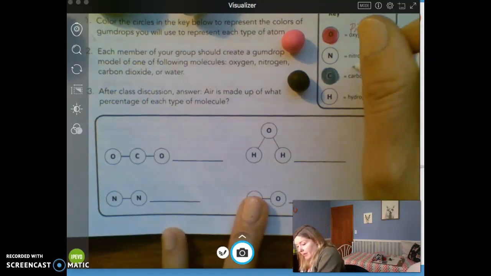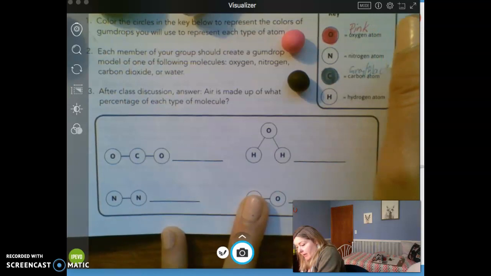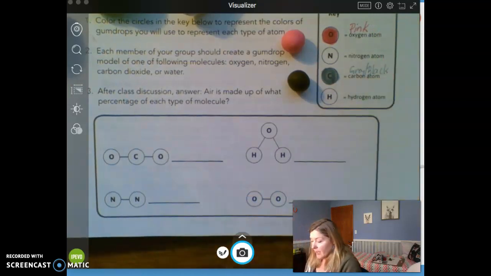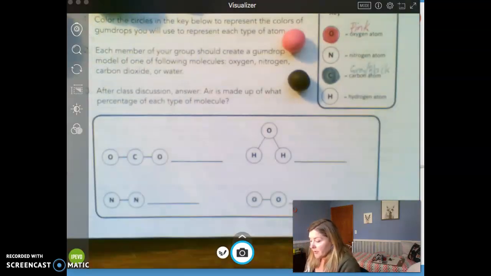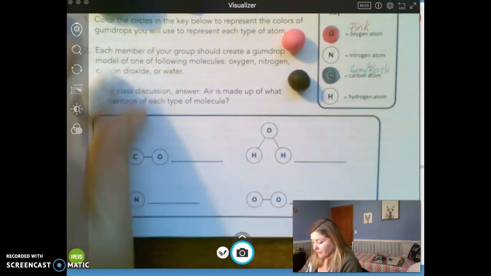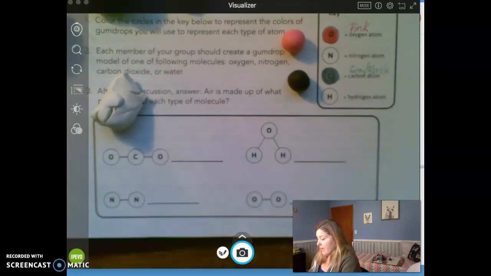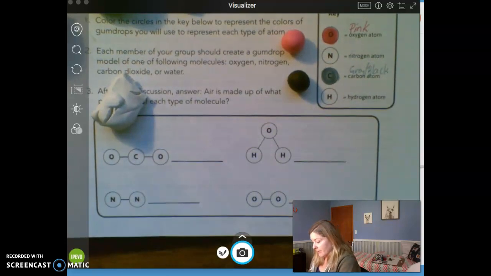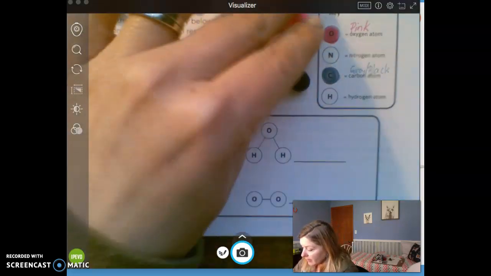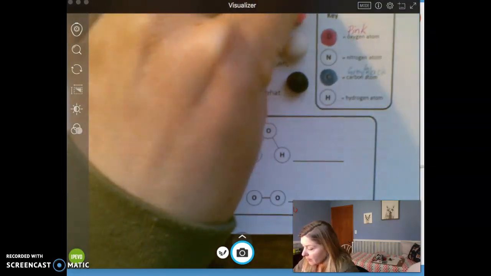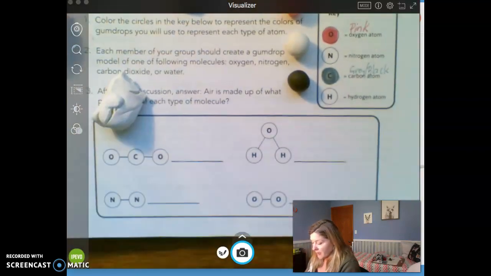Carbon, all right, gray or black. Usually nitrogen stays white when I'm modeling it out with my other kits. So I'm just going to leave my nitrogen white. And hydrogen,